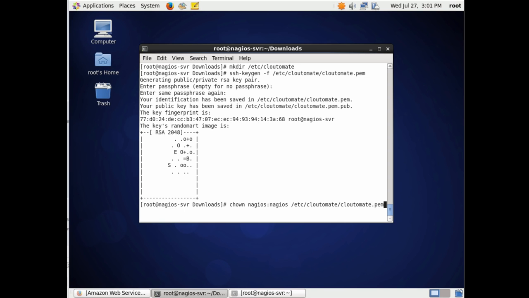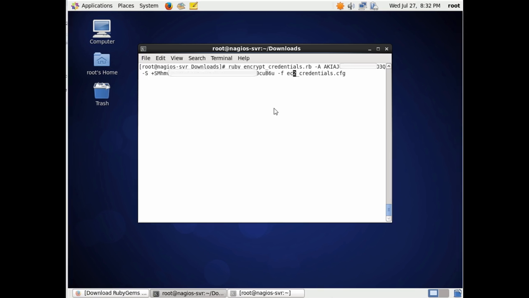So we're going to check the permissions here. I made sure it was matched with Nagios, just again for making sure I don't have any issues in the future with file permissions when the Nagios service is running. And now we're going to use the Ruby encrypt credential that we downloaded off the Nagios Exchange site, and we're going to provide it with the access and the secret key that we created in Amazon Web Services, and it's going to output it to that